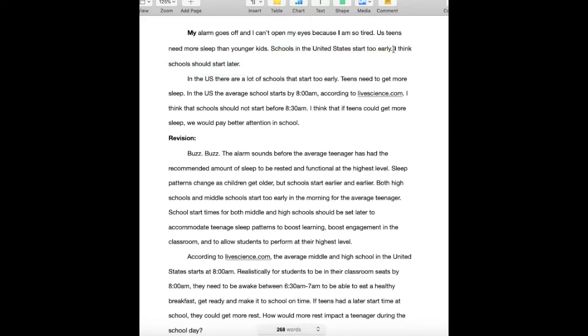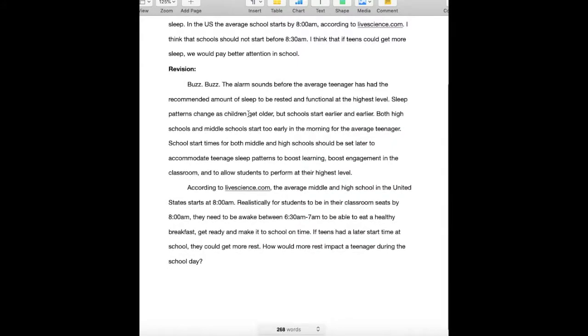So again, we have the personal pronoun I. We don't want to start that way. We can just remove these here and have "schools should start later." This is the main argument, right? We're arguing that schools should have later start times. We can remove the qualifying "I think." Obviously, the writer believes that because he or she is writing the essay. So you can remove that language. School should start later. Okay, well, let's scroll down here to the revision.